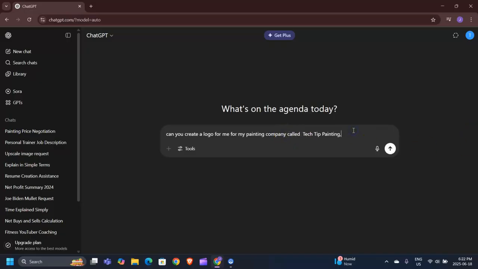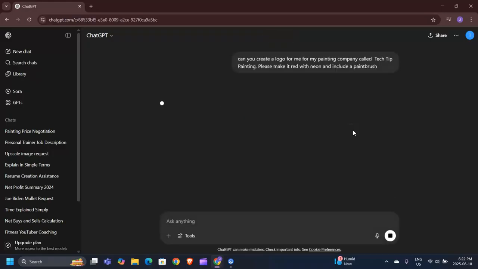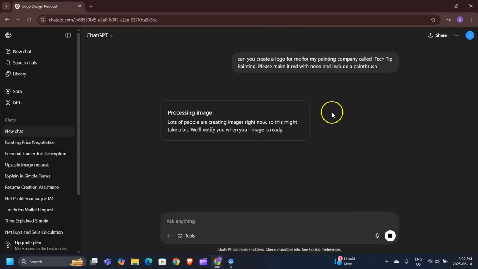And you can give it some sort of ideas of what you'd want. Please make it red with neon and include a paintbrush. We'll give it a minute to process an image. Sometimes this takes between 1 to 5 minutes, depending on how busy it is, since we're using the free version. But it'll help you generate a logo for your painting company, or whatever company